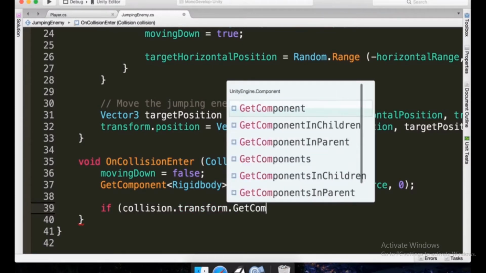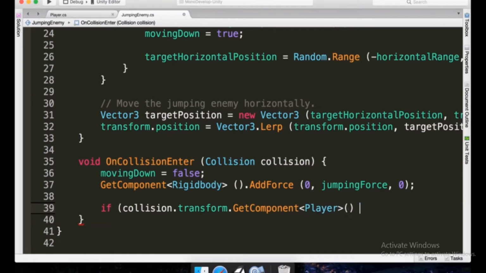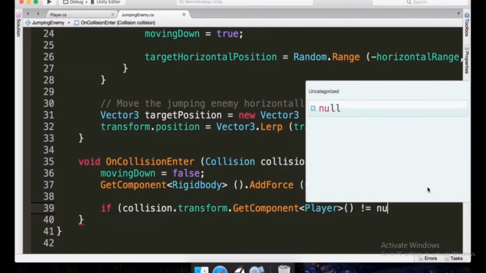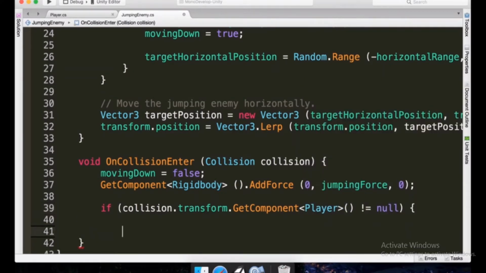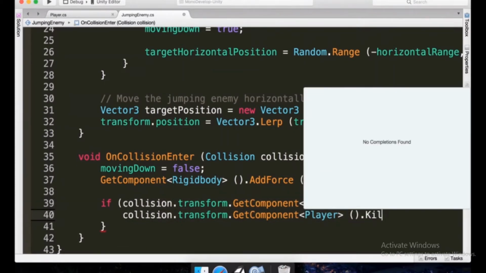So now we type GetComponent of type Player, we open and close parentheses, and we check if that is different than null, which means it exists. If there was no player component, this would return null. If there is, it would be the player component. If this happens, we're going to call a method in the player that is going to kill it. So we're going to copy this line, paste it here, and type .Kill,